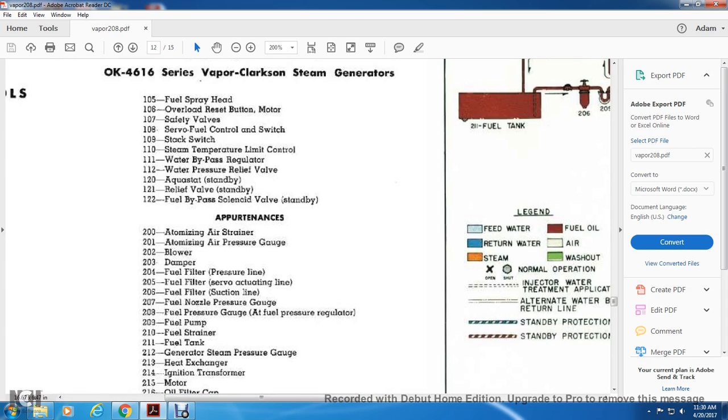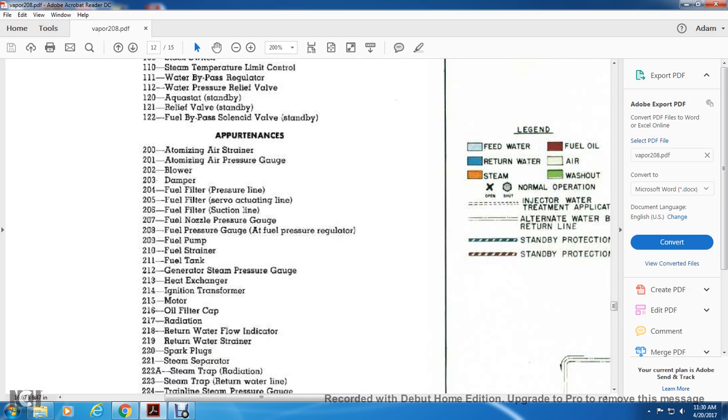105 fuel spray head overload reset button, 106 safety, 107 108 servo control switch, 109 stack switch, 110 steam separator, temperature limit control, 111 water bypass regulator, 112 water bypass relief valve, 120 aquastat, 121 relief valve standby, 122 fuel bypass solenoid valve. Prudencies: 200 atomizing air strainer, 201 atomizing air pressure gauge, 202 blower,